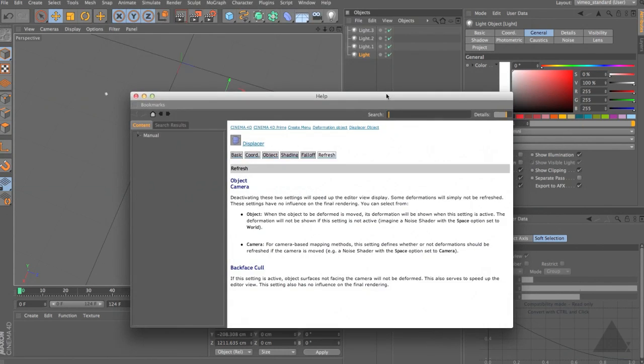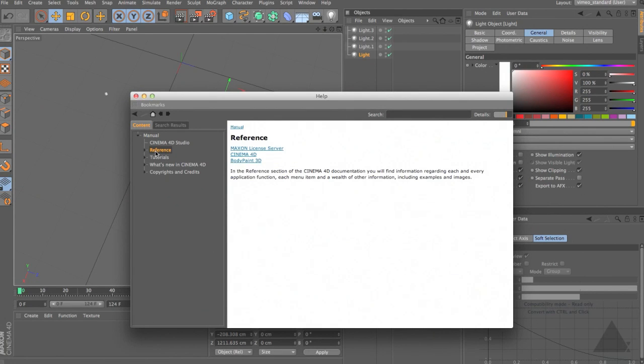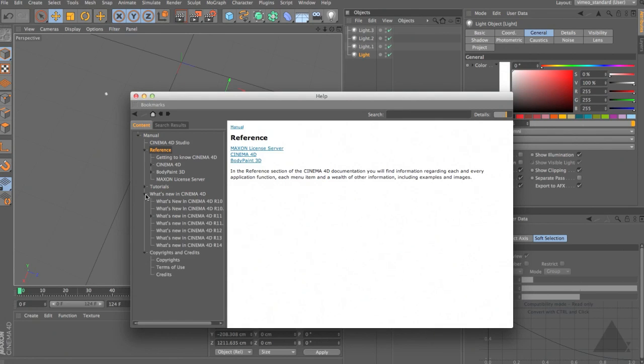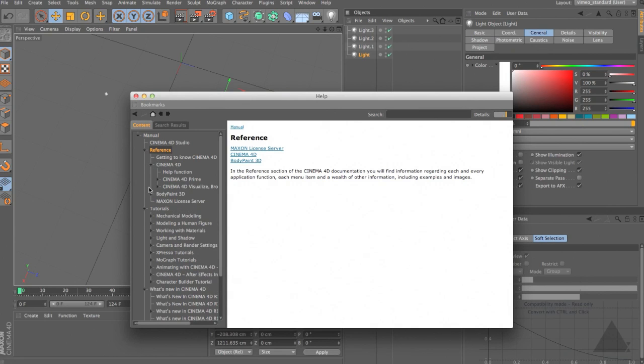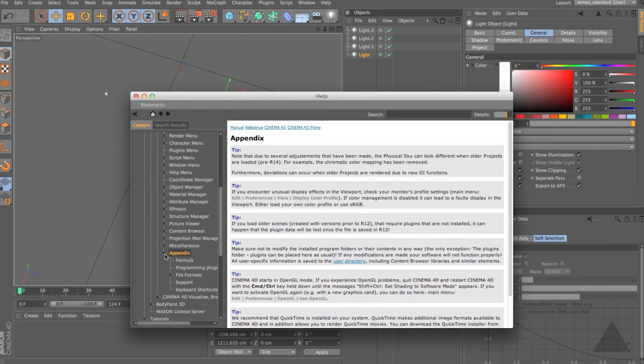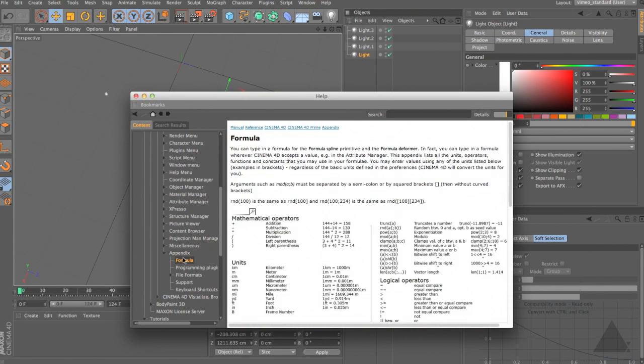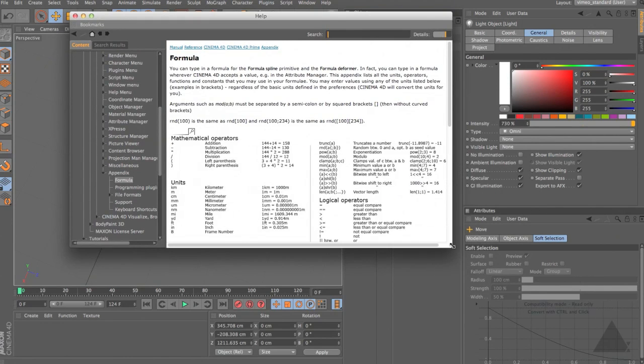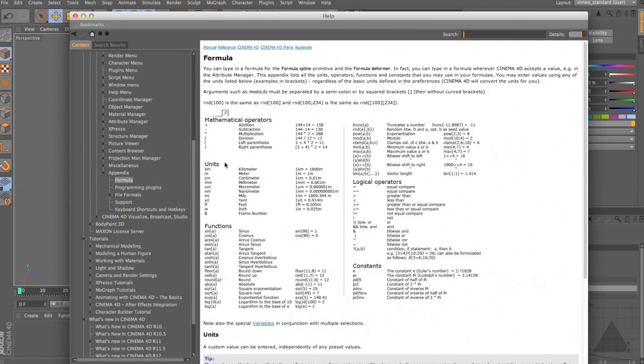Okay, and if we come to the manual and come to reference, let me remember where it is. It's right at the bottom somewhere, appendix formula, and there you go. So you could probably just search for formula up here and you'd find it much quicker. But here we go, and we have a bit of a summary of some of the formulas and things that